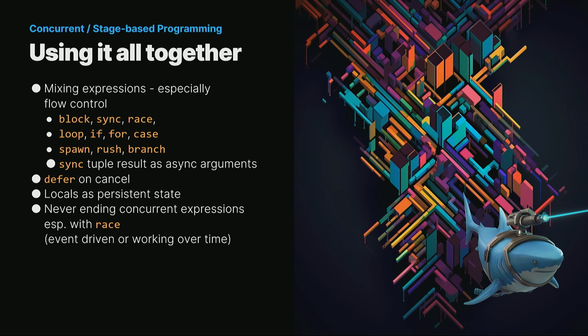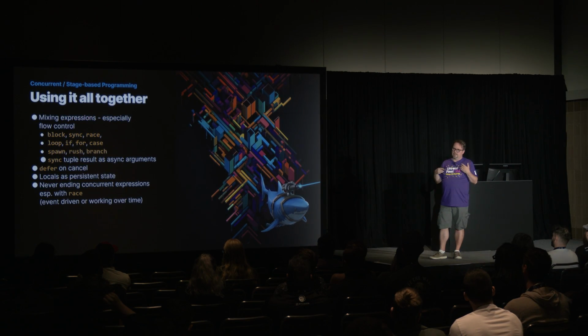When you're doing concurrency, it also often makes a lot of sense to loop over things. You want to do something, and when it's done, you want to do it again and again and again. Usually when you're programming, an infinite loop is a bad thing. But with concurrency, a lot of loops never actually have an exit, never have a break or return. With race, because race will cancel things that are going on forever, that's usually the way you get out of infinite loops. Each loop will expect there to be at least some sort of async call within it, so it knows it's not just going to run forever within a single frame, within a single update.